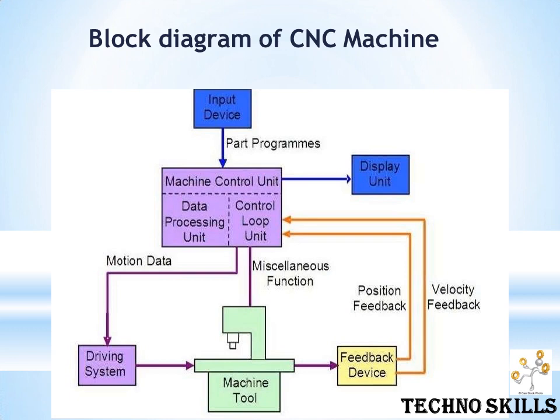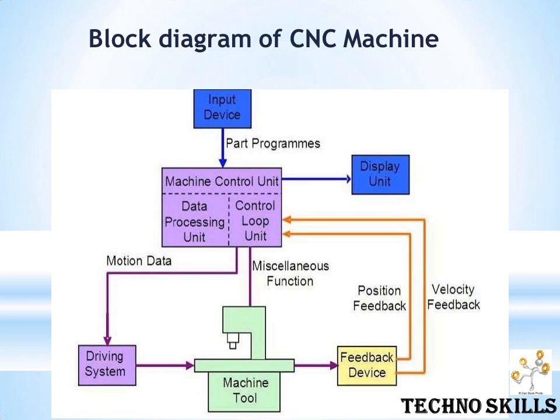After that the motor slides the unit, so the carriage moves, the tool movement of the carriage happens, or the spindle may run. So this is the block diagram of the function of the CNC. On this side we can see the feedback device systems.